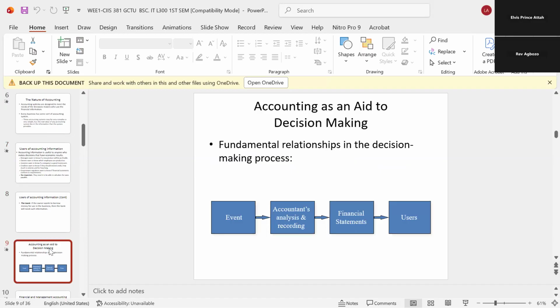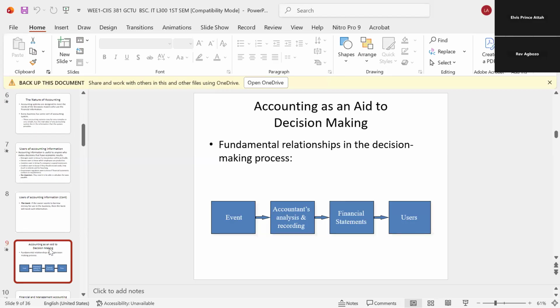Information. I told you that accounting is gathering, classifying, analyzing, and reporting financial information. So that act of gathering,